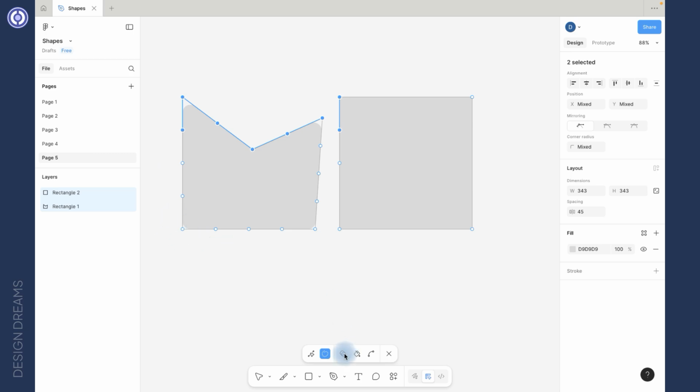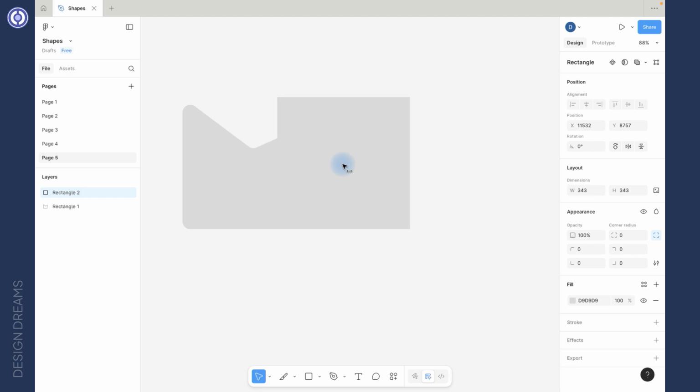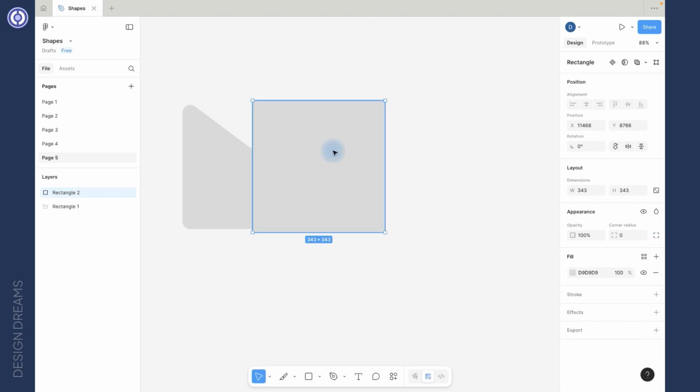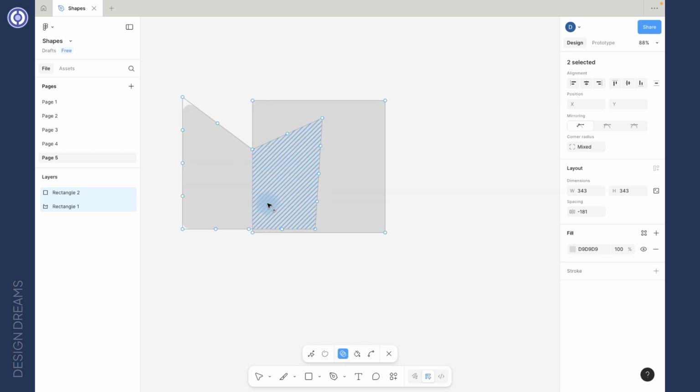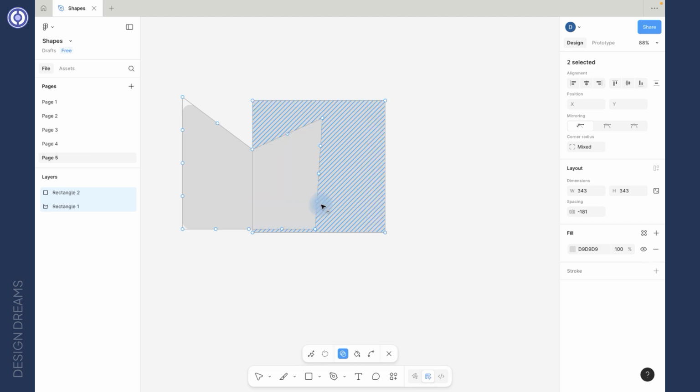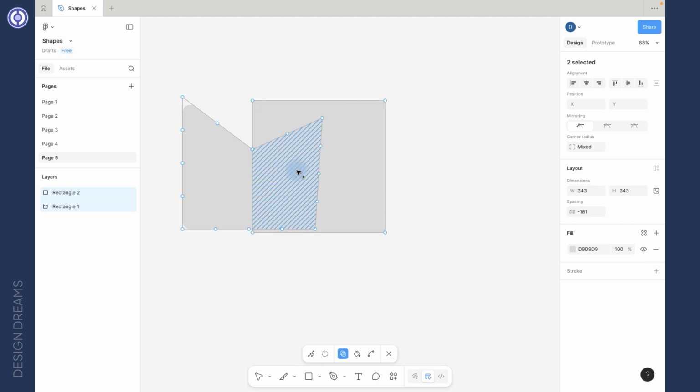After that, you have the shape builder tool. Move the shape a little towards the left and then double click to go to edit mode. Press Shift to select the second shape. And then I'm going to select the shape builder tool. When I click on the shape builder tool, I have a plus icon on my cursor. That means any two areas that are overlapping can be